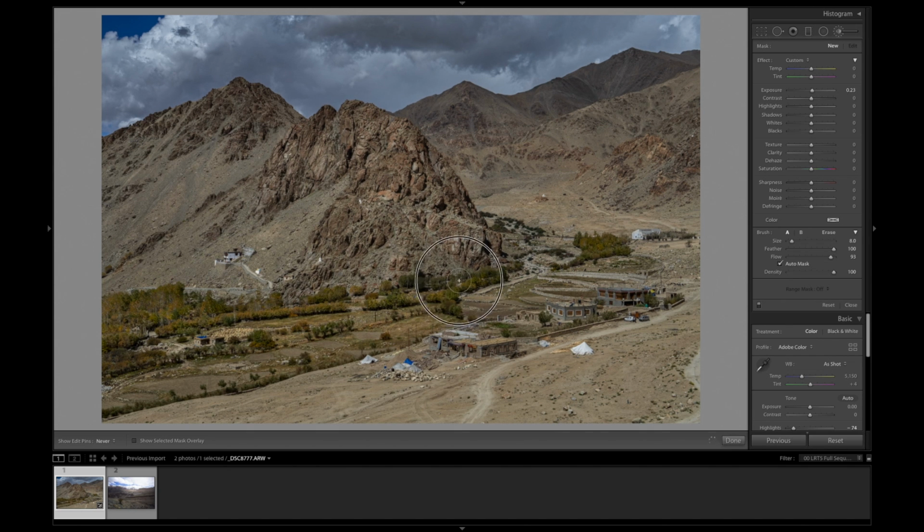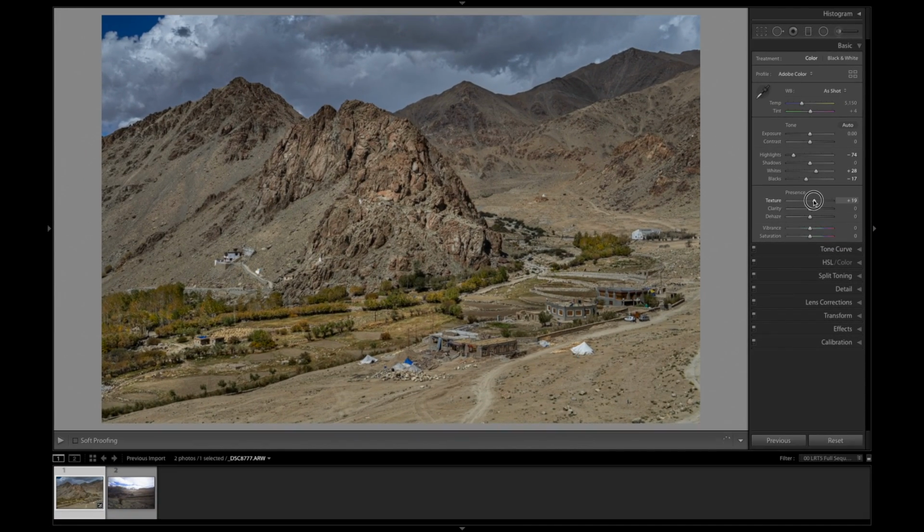This time I will use two separate brushes for two different effects, that is exposure and saturation. First we will start painting with the exposure on the specific part of an image, and once we are done with this, we will be painting with saturation to pop up colors in the specific area.